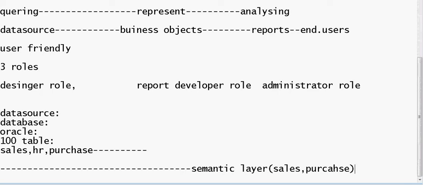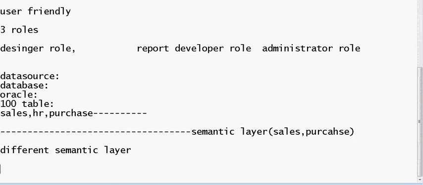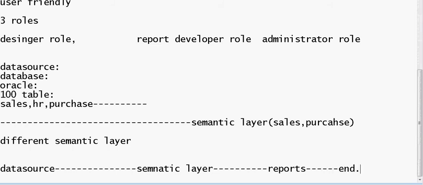Like that, for different people's purposes, we maintain different semantic layers. So the goal of business objects is first to maintain the semantic layer. Instead of providing the entire information to all the people, we maintain a semantic layer, and using it we develop the reports finally given to the end users.